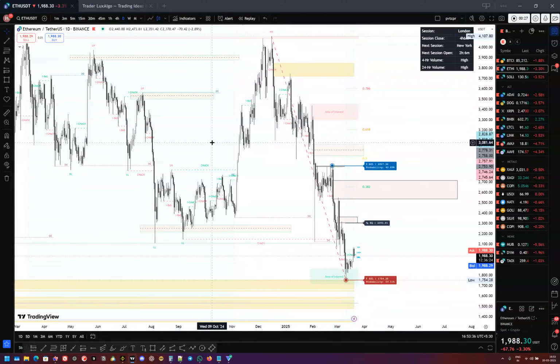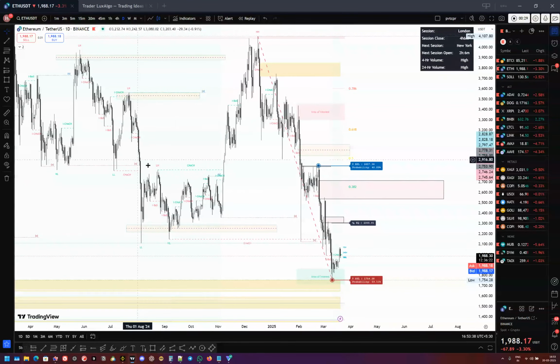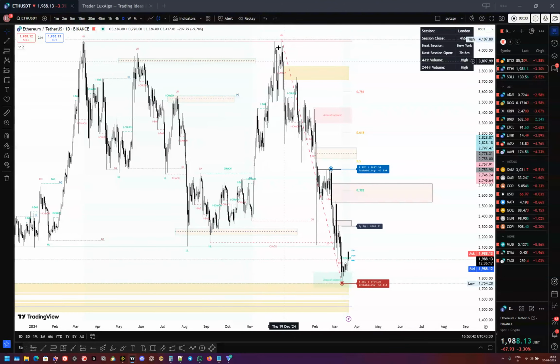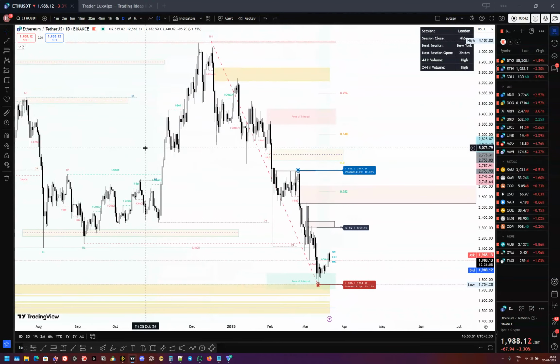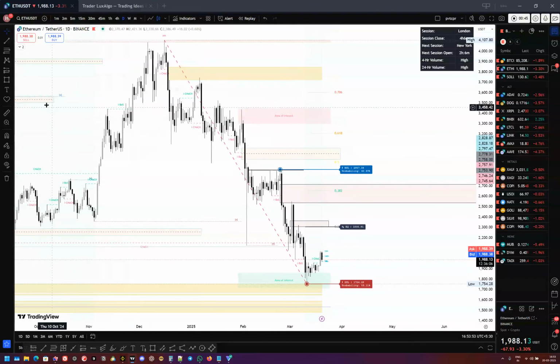All the sellers' liquidity, the buy side liquidity, was taken out, trapped out, and the price failed to move above this resistance, and thus it creates an area of interest for sellers again. Now at this price action,